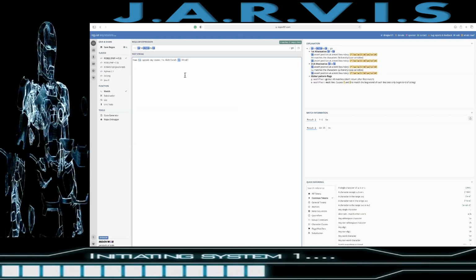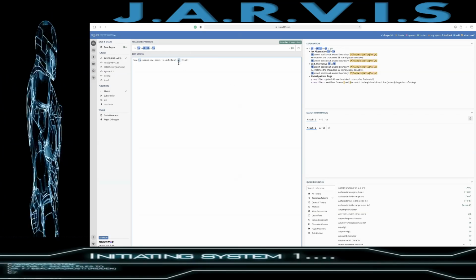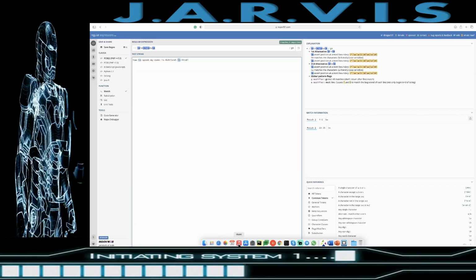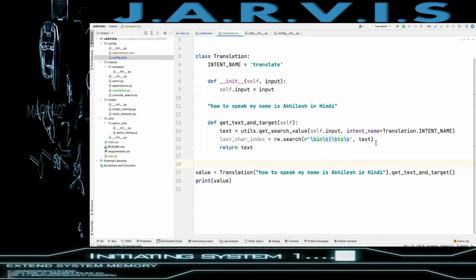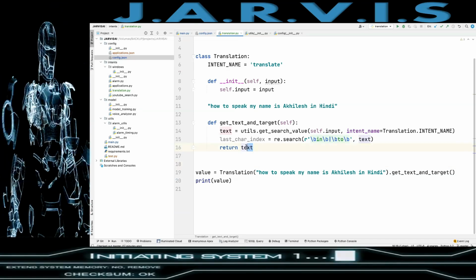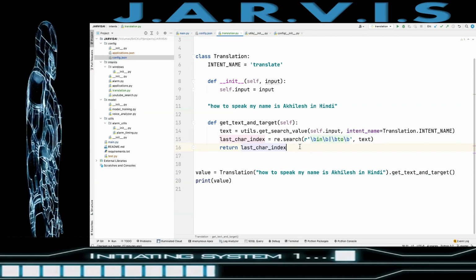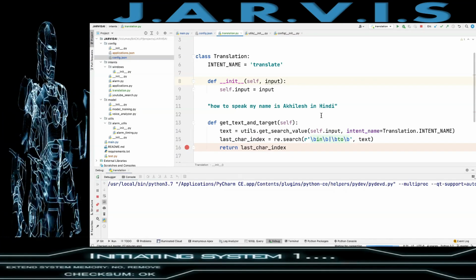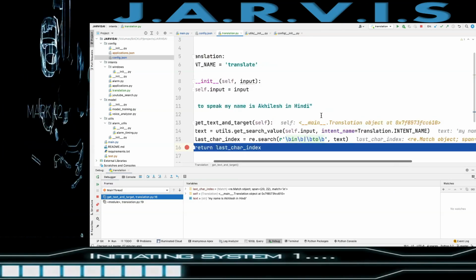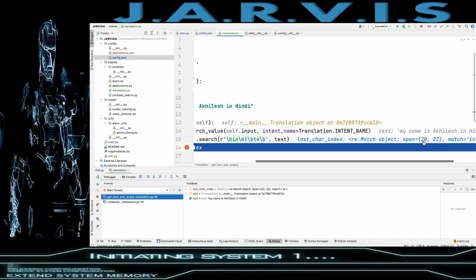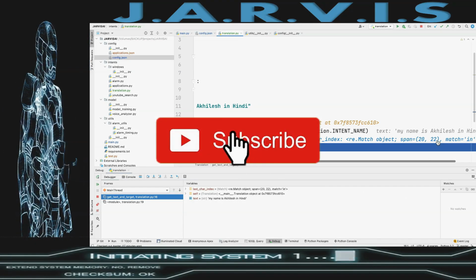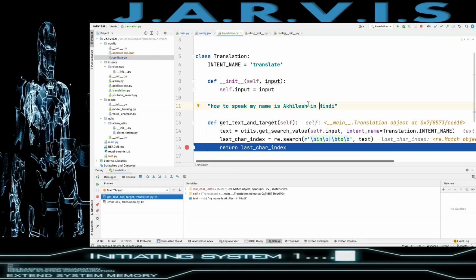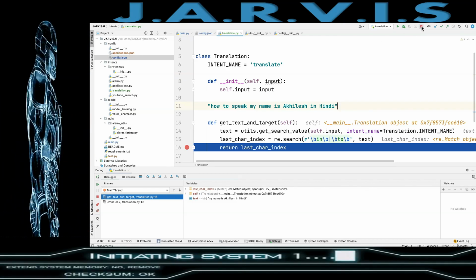So we need to have the last index of this "in", right? Let's see whether we are getting the index or not. So here what I am going to do, return this, or I can have a debugger also. Yes, we are getting the index of 20 and 22, and we are getting this match "in". So yes, we are getting the last "in". Now we need to